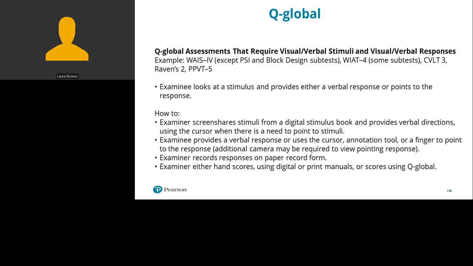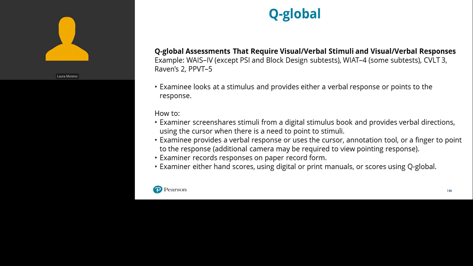For assessments that require visual and verbal stimuli and responses, for example, subtests within the WAIS-4 and the WISC-4, where the examinee views the stimulus and provides either a verbal response or points to the response, the examiner could screen share stimuli from the digital stimulus book and provide verbal directions using the cursor when needed to point to the stimuli.